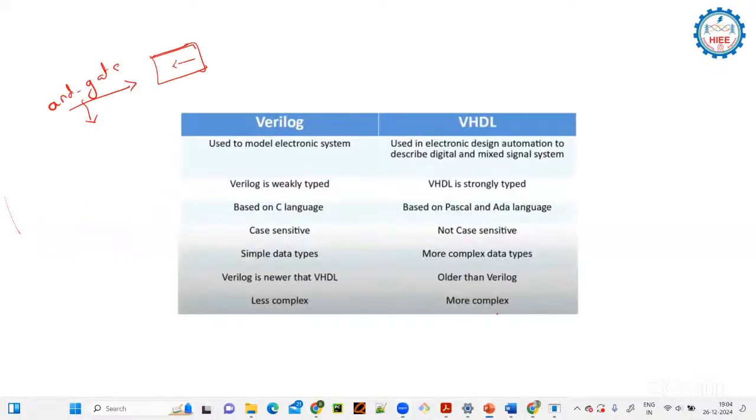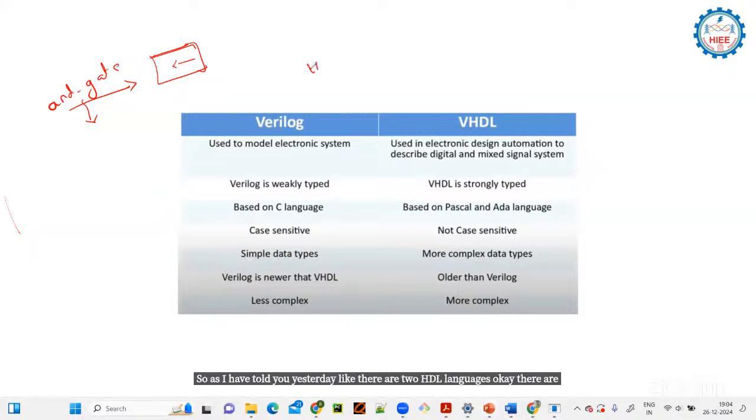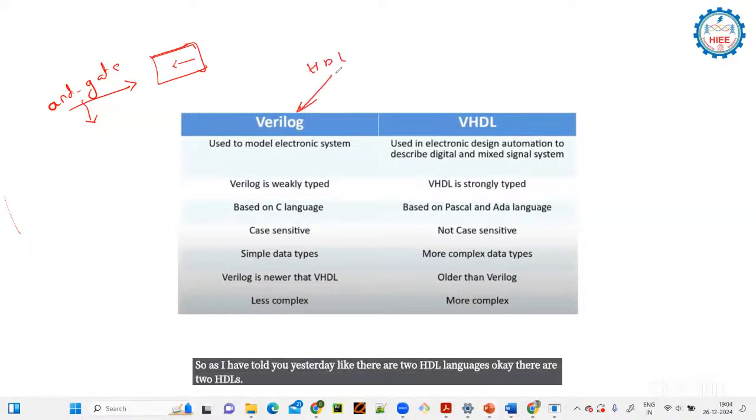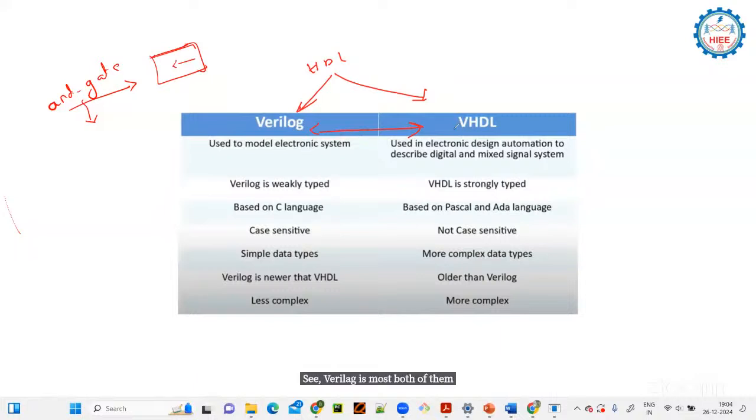So as I told you yesterday, there are two HDLs. One is Verilog, the other is VHDL. So what is the difference between these two, Verilog and VHDL? Both of them are used to model electronic systems, but specifically, VHDL is used